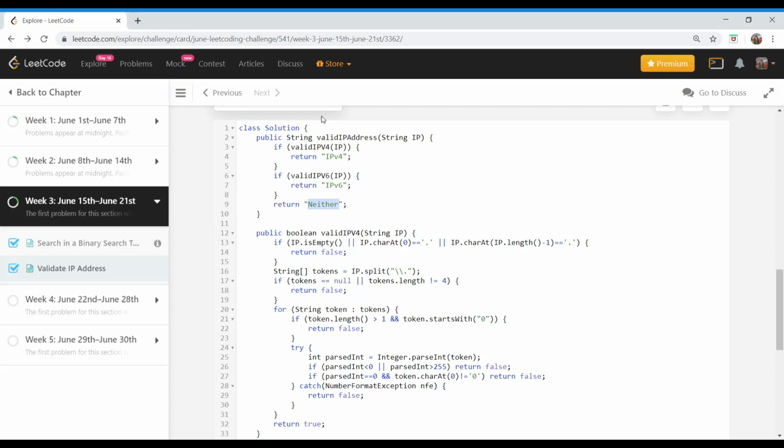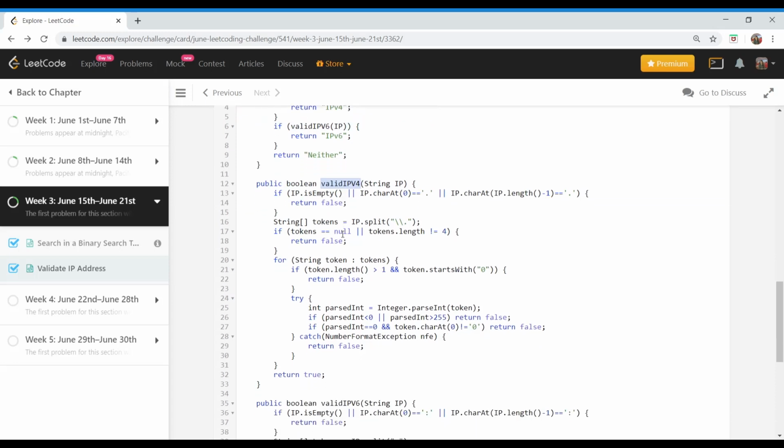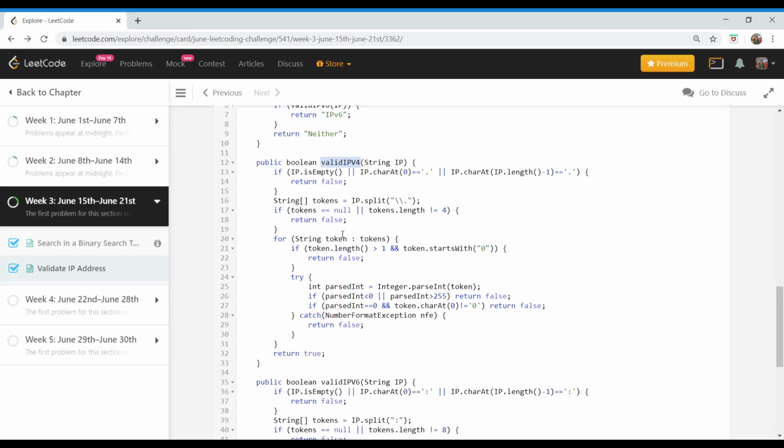Now let's look at these helper functions. First one is valid IPv4. In both valid IPv4 and valid IPv6, we need to validate a few things. If we do not have anything in input, that means this is neither an IPv4 address nor IPv6. Or if the dot occurs at the first character itself or at the end character.